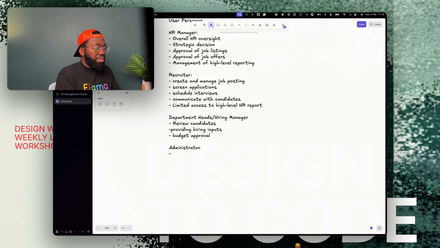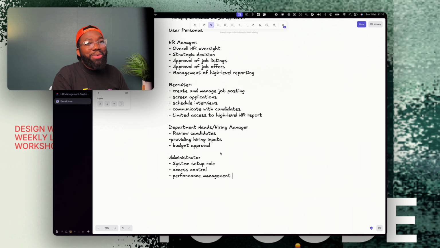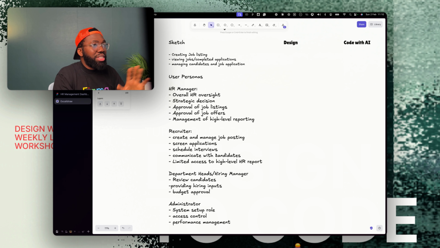You should be able to set up this entire system: setup, role, access control, and performance management of the entire system itself. The reason I'm breaking this down is that if you're designing it, you know how complex a dashboard can be. What this helps you do is understand exactly what the information architecture and the user flow will look like. Now that we've broken down the user personas, and done this correctly,